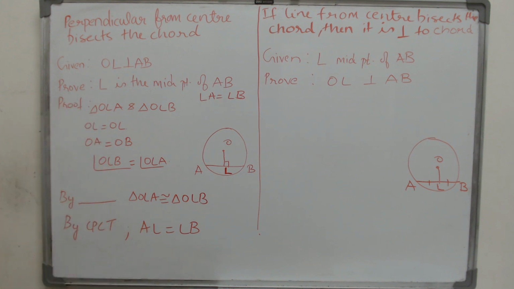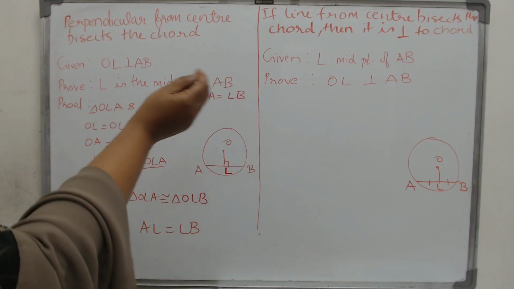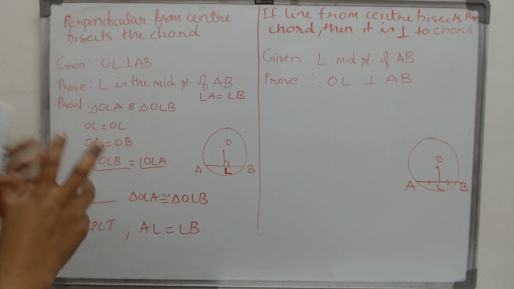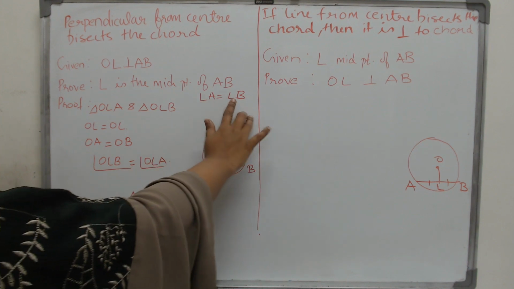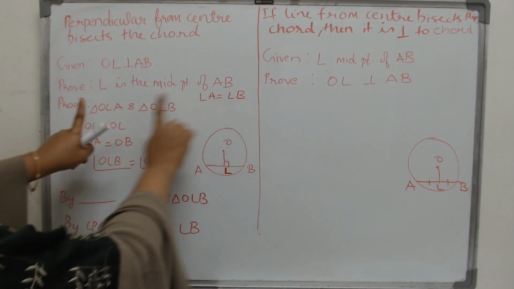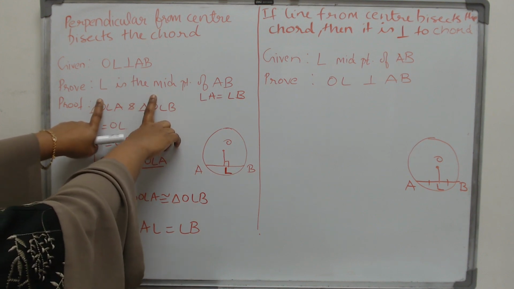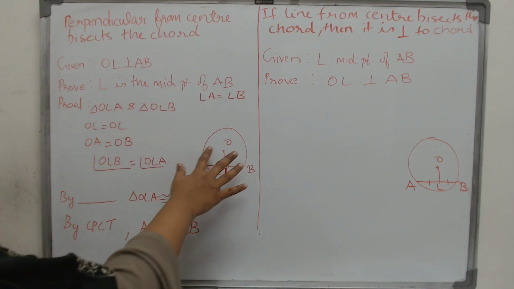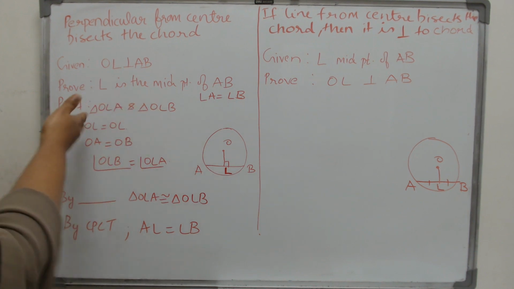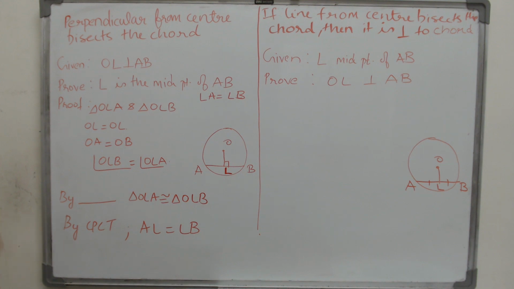So you need two triangles, and if this is what you have to prove, just add the same vertex to it and try to get two different triangles, one which will have this as the side, another one which will have this as the side. See, one which has LA as the side, other which has LB as the side. Then what is the only vertex which is left behind, only point which is left behind? O. So put O, get two different triangles,